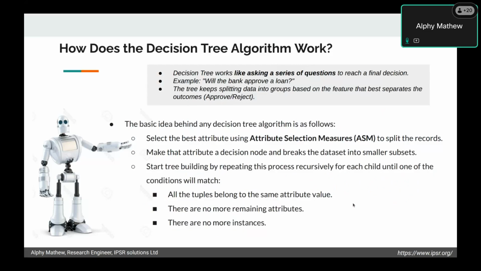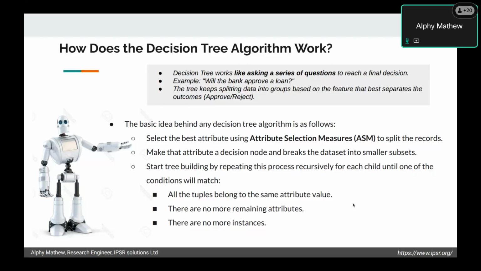Okay, so now we know what a decision tree is, but how will we create it? Our problem is that we only have the data set, and we need to create such a decision tree from it. That's our aim. For example, in our case we need to predict whether the bank will approve a loan or not. So a decision tree keeps splitting the data set into smaller groups based on the features,